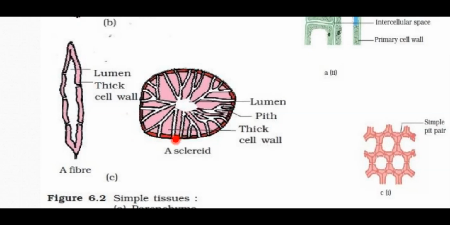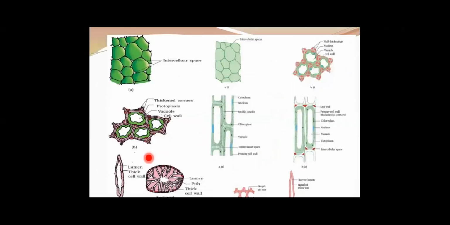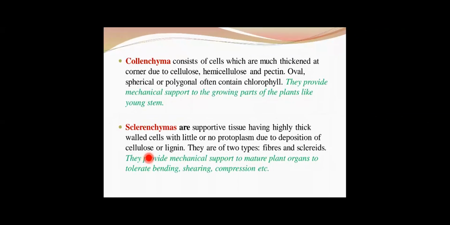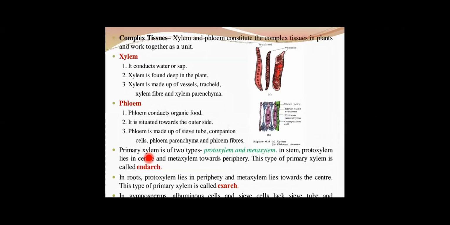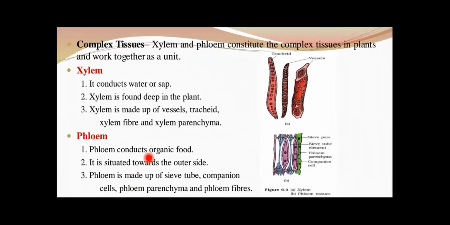Okay, and they are found in case of fruit walls of nuts, pulps of fruits like guava, pear, sapota, etc. So this is about the three types of tissues we have seen. Similar diagrams are there. That is parenchyma, collenchyma, and sclerenchyma. The details I have already given about these types of cells. Now we'll come to the next type, that is the complex tissue, that is xylem and phloem.